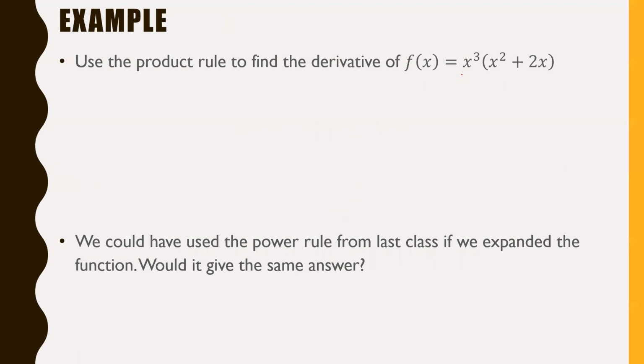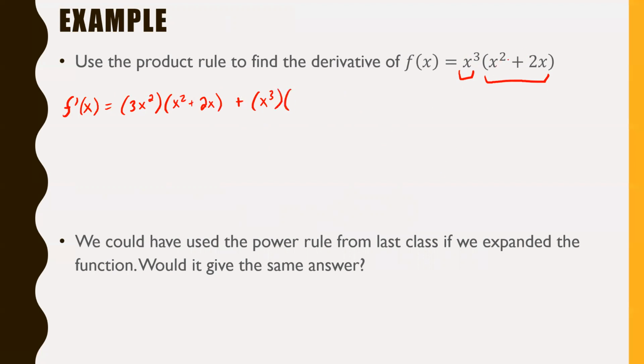So I want you to notice that this function is just something times something else. So to find the derivative of this, we'll call this f prime x. This is going to equal the derivative of the first piece. So the derivative of x cubed, which is 3x squared, times the original second piece, which is x squared plus 2x, plus the original first piece, which is x cubed,